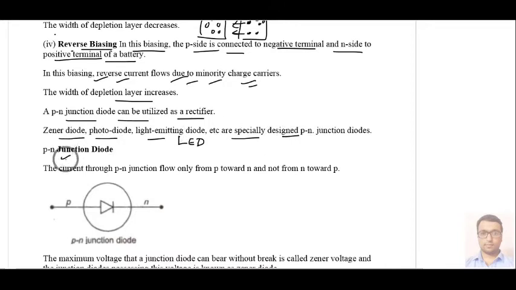Then we can represent the PN junction diode in symbolic form, where a PN junction diode means two electrodes. First we will have the P-type semiconductor, then the N-type semiconductor, and this symbol is used for the diode. The base part of the triangle represents P, and the corner part represents the N terminal.